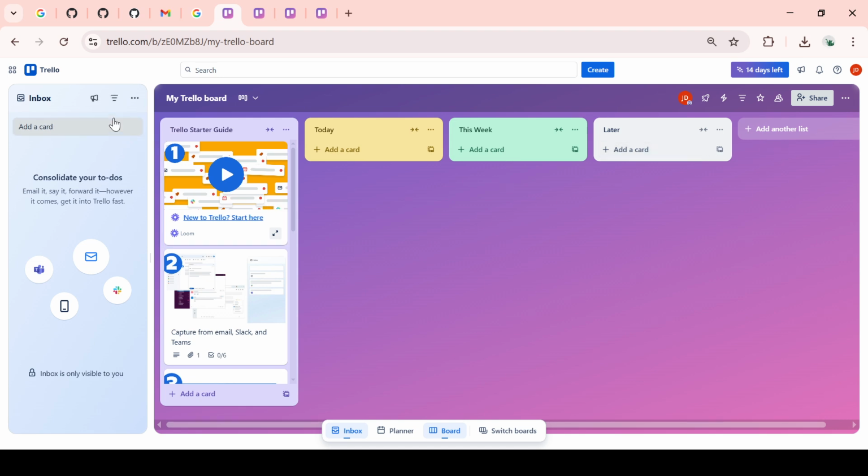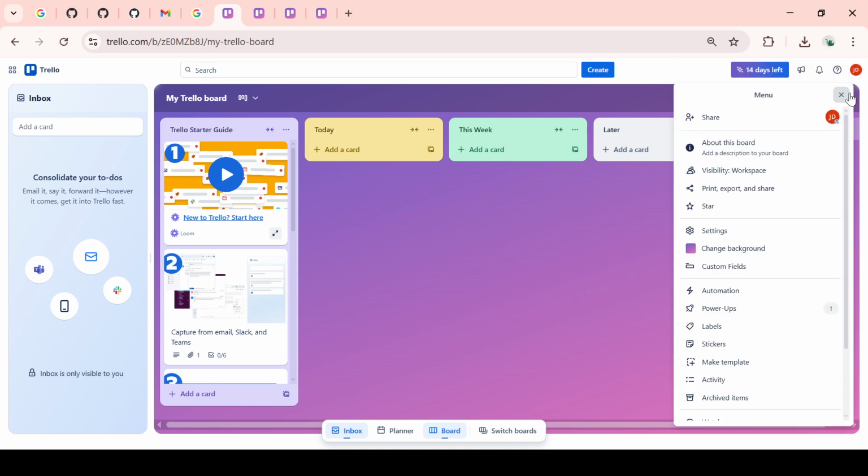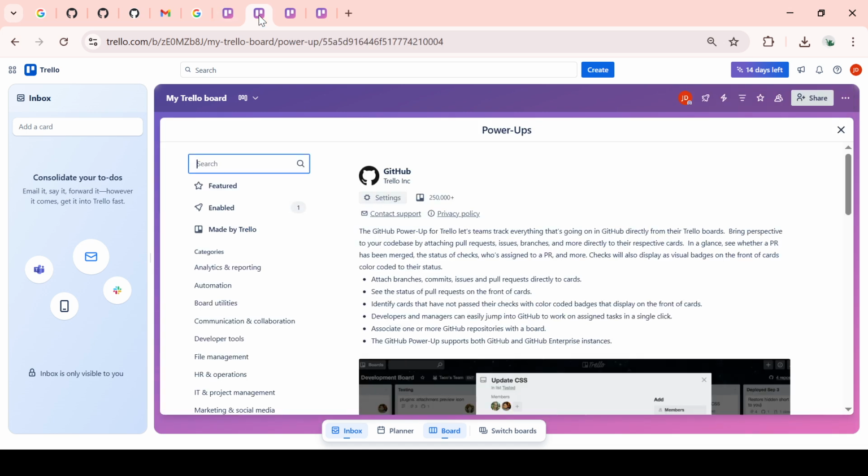Next, navigate to the specific Trello board you want to connect with GitHub. You might have several boards set up, but make sure to select the one that's relevant to the project you're currently focusing on. Once you're inside your chosen board, it's time to locate the Power-Ups feature. This is usually accessible via the board's menu, often visible on the right side of your screen. The Power-Ups section is like an app store for Trello, offering a plethora of integrations that can enhance the functionality